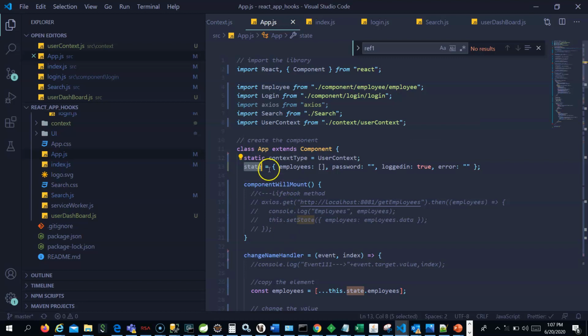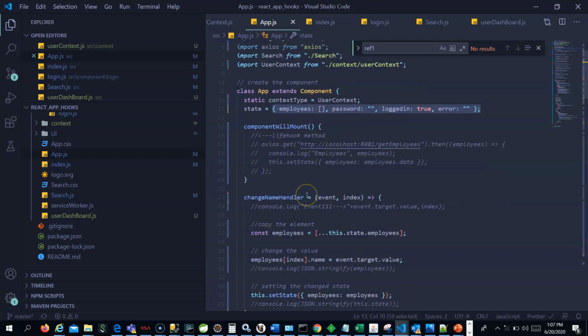The state in a class component you have to create like this. It is nothing but a JavaScript object. Within that object you may have many states like username, password, employees, and so on.